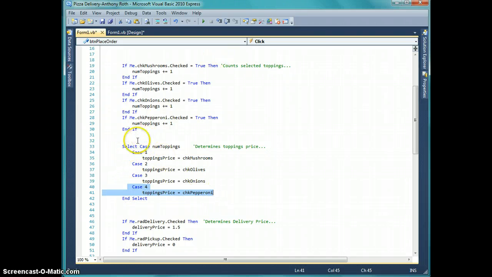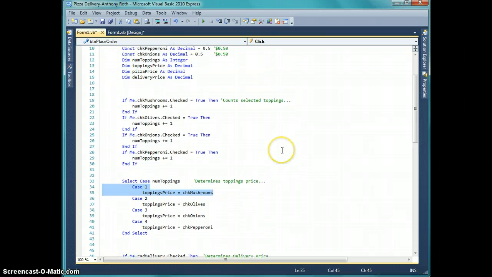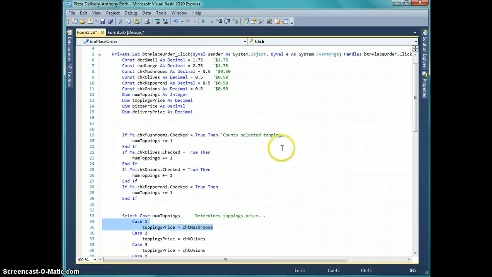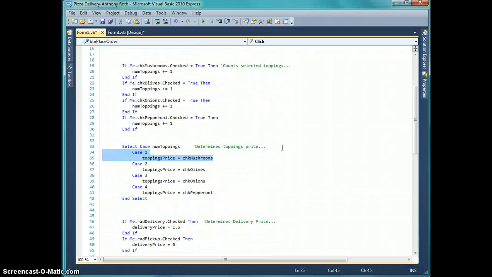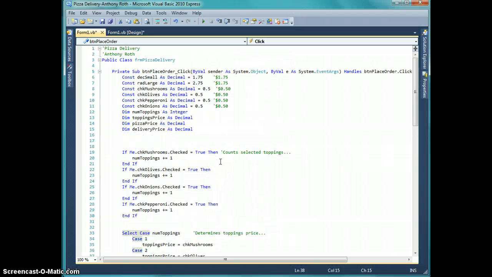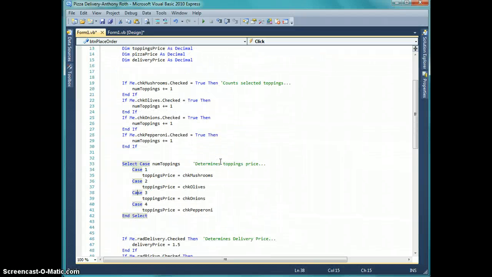If it comes down here and you've only checked 1 and 1 and true, it does 1 and that's it. The problem here really is all of these are equal to 50 cents, so all it's ever going to be is 50 cents. My suggestion to you would be to maybe just change this, and there's various ways you could go about this,